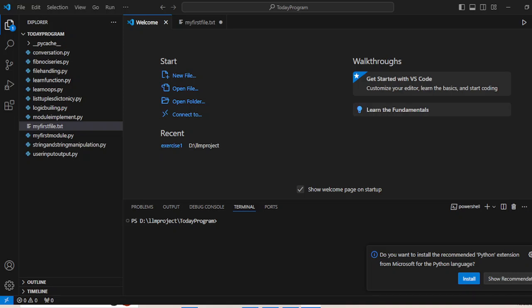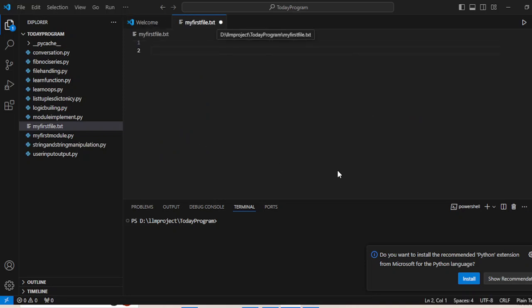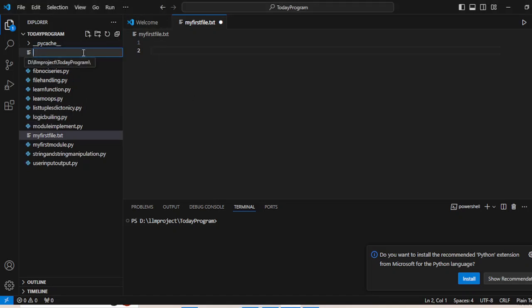Hello. Now we will learn about access modifiers. In each language there are many types of access modifiers. Generally in Python we use them to control the visibility of a variable and method in a class. That means if you declare any variable, let's create one file and learn